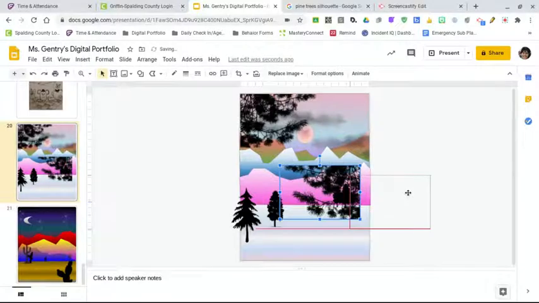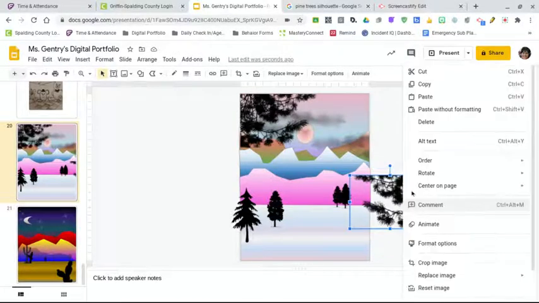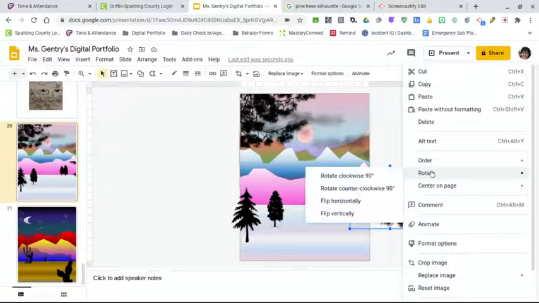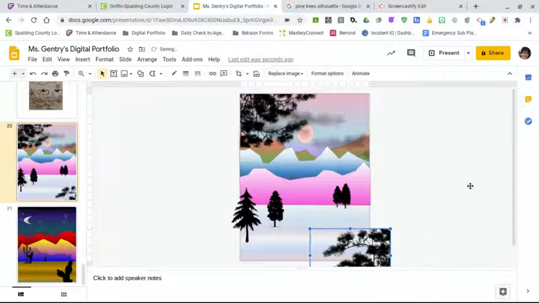Well, actually, let's flip vertically and use the bottom of the branches. So right click, rotate, flip vertically. And see if that works. And that works. Because if you look over here on my thumbnail,